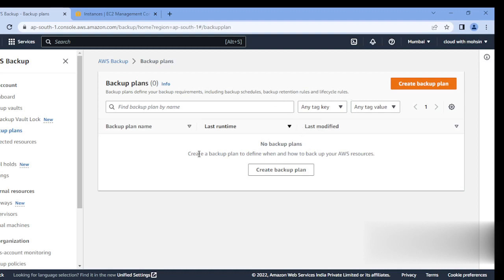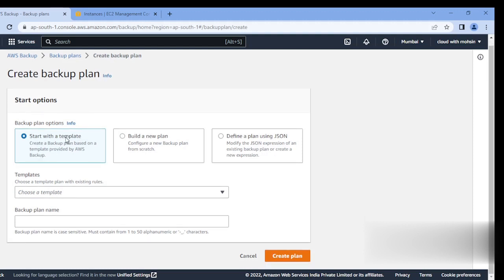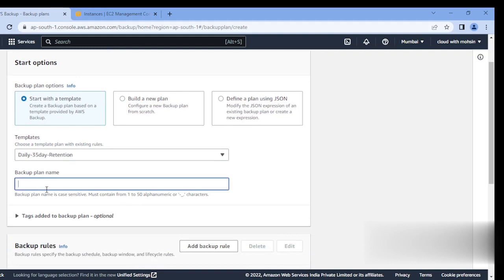Since there is no backup plan, I can click on create backup plan, and it gives us options like start with a template, which are the ready-made templates in AWS. Then we can build a new plan from scratch. And the third option is define a plan using JSON, which is JavaScript Object Notation. Using this language we can create another backup plan. For this demo, I will start with the template. I will choose this template, daily 35 day retention, and let me give a name as